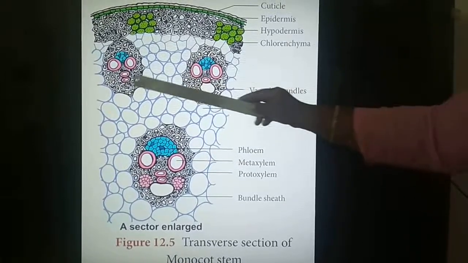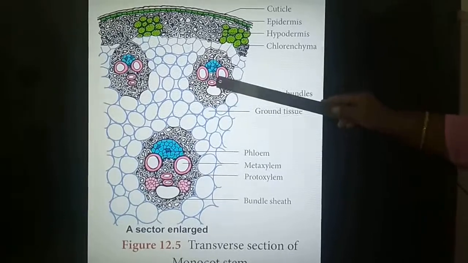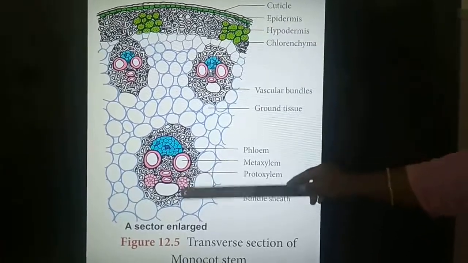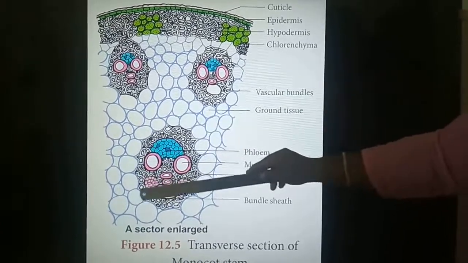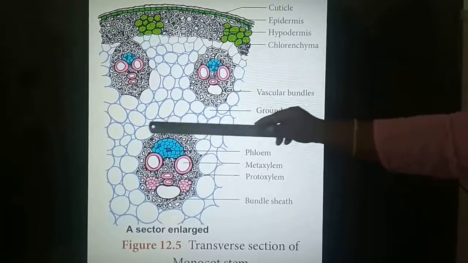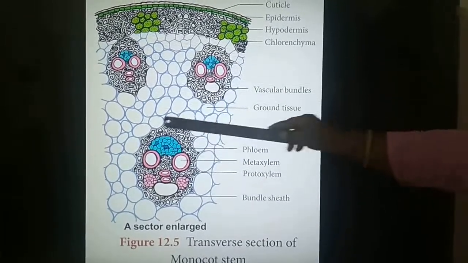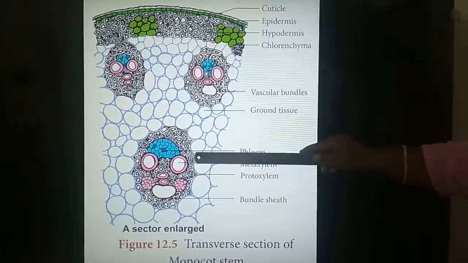The small vascular bundles face towards the periphery, and the large vascular bundles face towards the center. In the vascular bundle, the outer region is formed of sclerenchyma cells, giving the appearance of a sheath, which we call the bundle sheath.